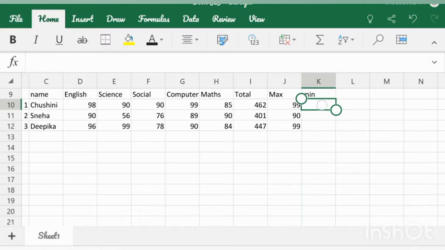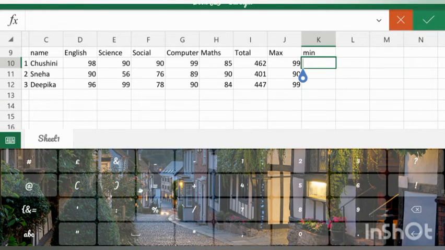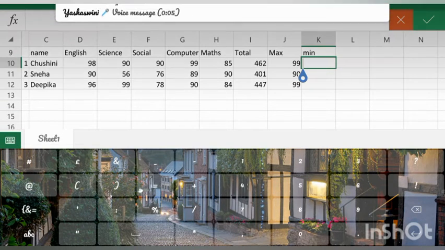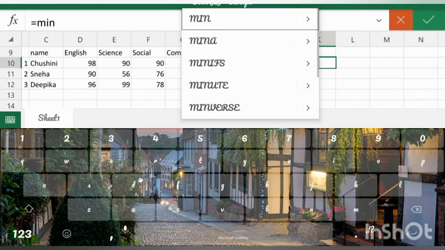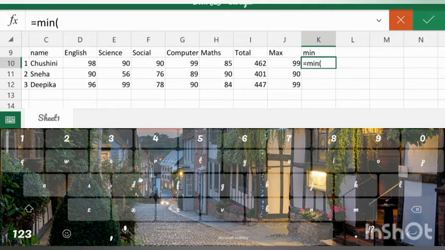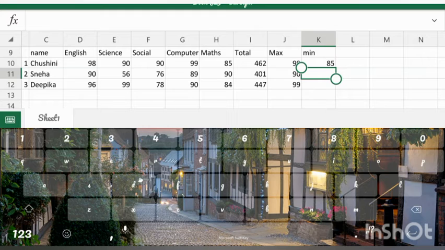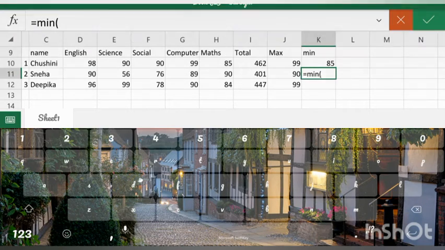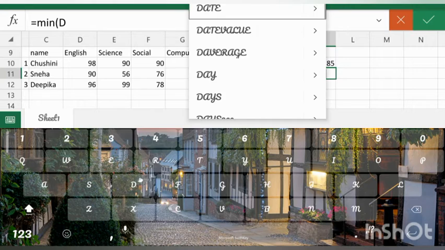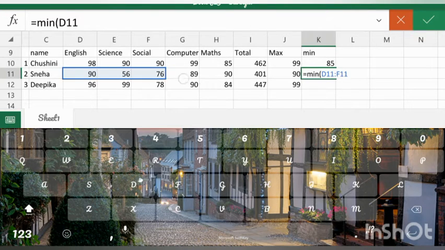Now we'll go to the minimum. The same formula we are going to give: equals to min bracket D10. Okay, minimum. Next the same formula, equals to min bracket D11.